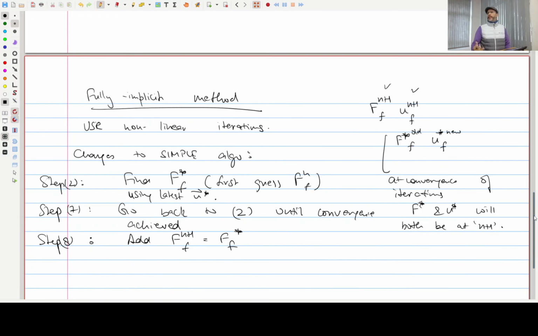And then you'll see more methods like SIMPLER, PISO, and so on. The differences will be very minor between this and those methods that you see. For example, there's something called SIMPLER that Patankar proposed, and that is there in most of the codes. The difference there is a minor one. For example, here we saw that the pressure has to be under-relaxed, P prime, because it had to take the burden,